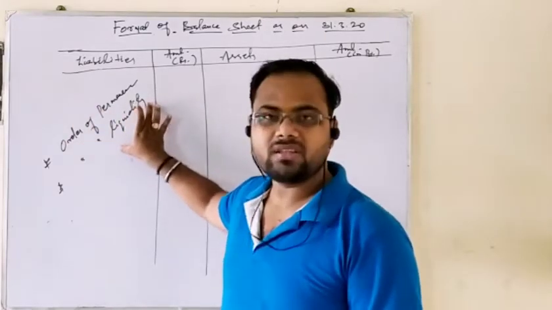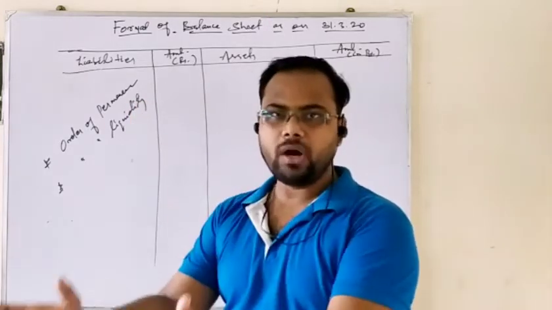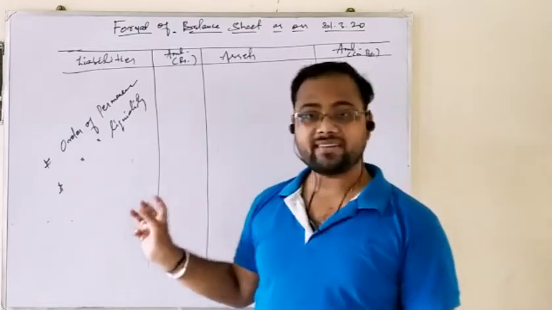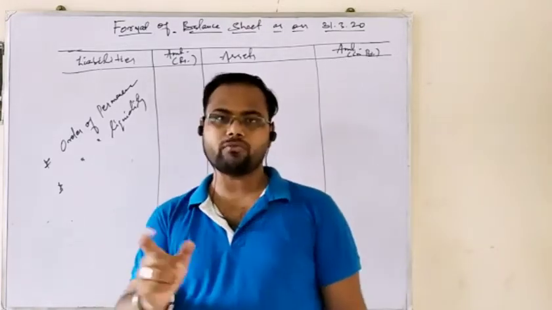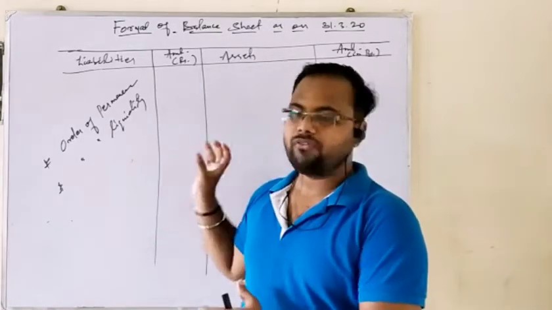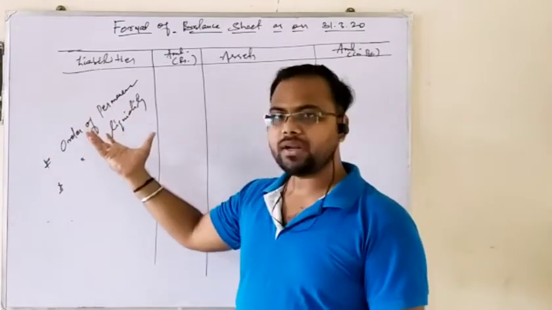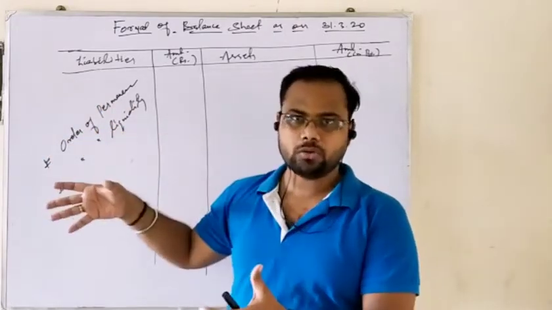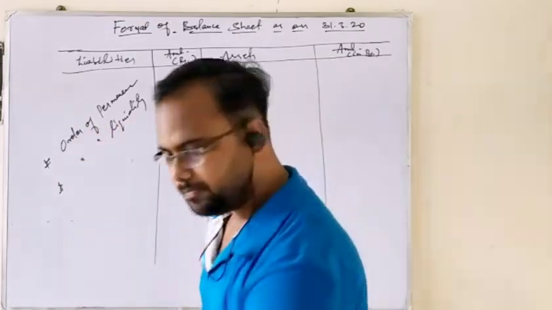But liquidity means those assets or liabilities that easily tender money or easily pay off money. So liquidity indicates the availability of cash, as I have discussed earlier, that may be regarding the payment of cash or the receipt of cash. So liquidity focuses on that order where the liquid assets or liquid liabilities are written first. And order of permanence means it is written the way it is. So now we shall discuss the order of permanence of preparation of balance sheet.